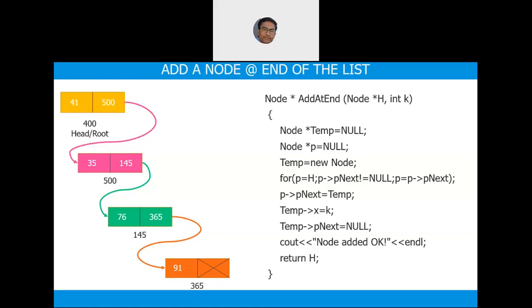So what are the things that you are supposed to do? First, draw the picture. Now this is where students make mistakes. You draw some picture, keep the arrows and write some numbers. No, not acceptable. You have to carefully write the address of the next node inside this box. If you don't do this, you will get 0. Let me repeat, you will get 0.